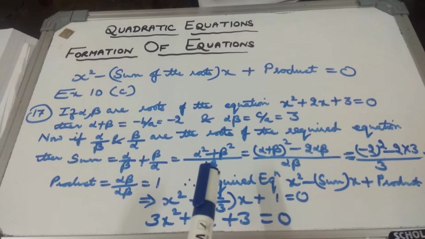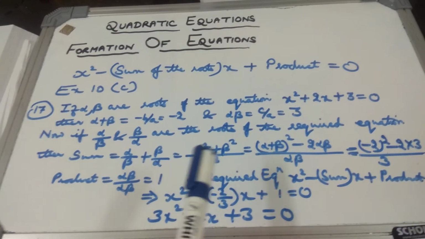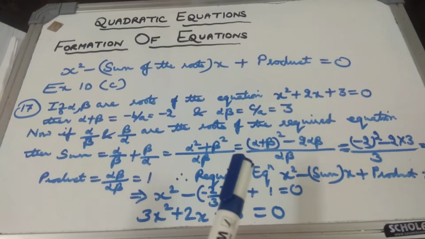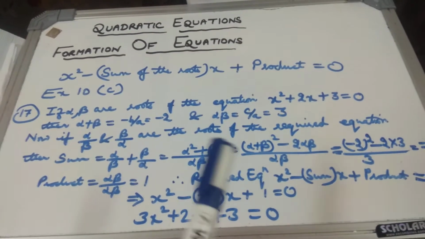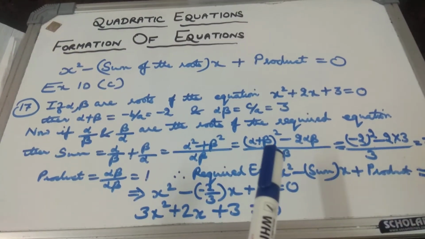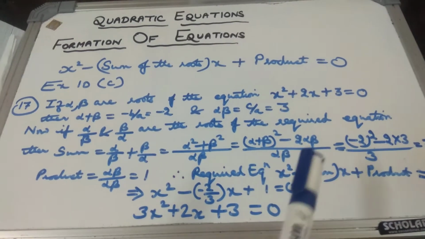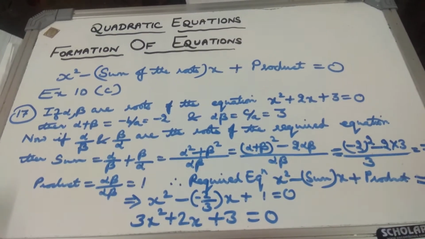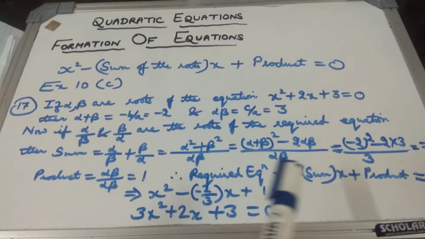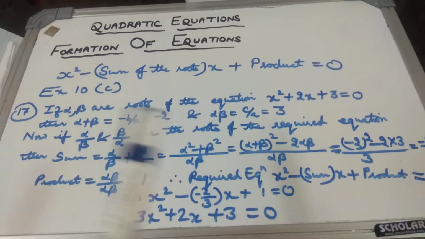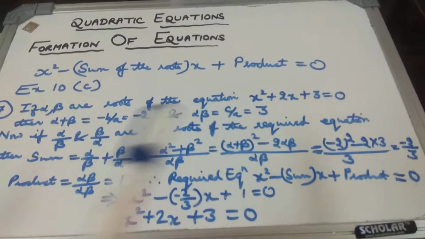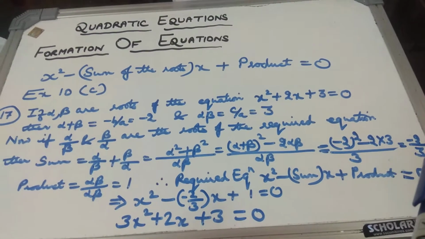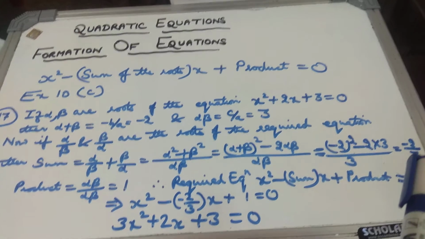Taking denominator alpha beta, you will get alpha square plus beta square, and alpha square plus beta square, from symmetric roots or from algebra, you can write as alpha plus beta whole square minus 2 alpha beta. You know the formula, so there is nothing new to explain. And now everything is put in the form of alpha plus beta or alpha beta. So substitute the values here and get the final answer of the sum of the roots,